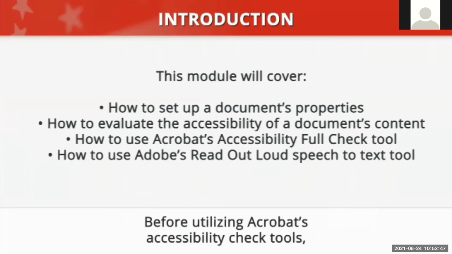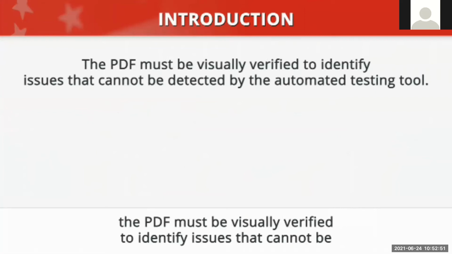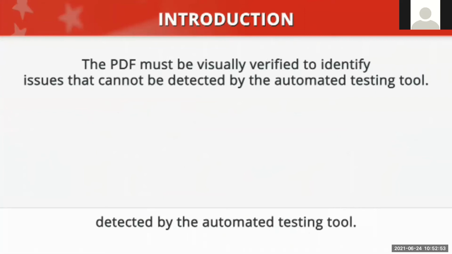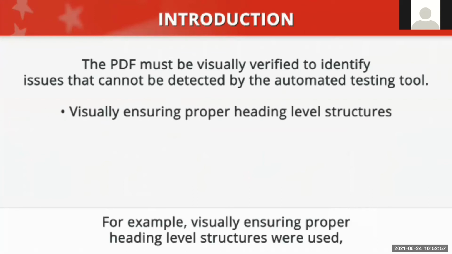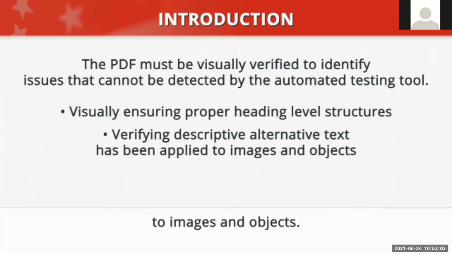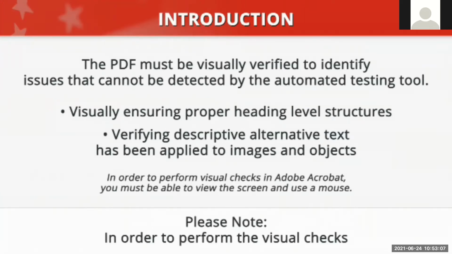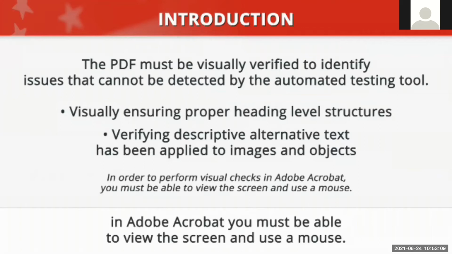Before utilizing Acrobat's accessibility check tools, the PDF must be visually verified to identify issues that cannot be detected by the automated testing tool. For example, visually ensuring proper heading level structures were used or verifying that descriptive alternative text was applied to images and objects. Please note, in order to perform the visual checks in Adobe Acrobat, you must be able to view the screen